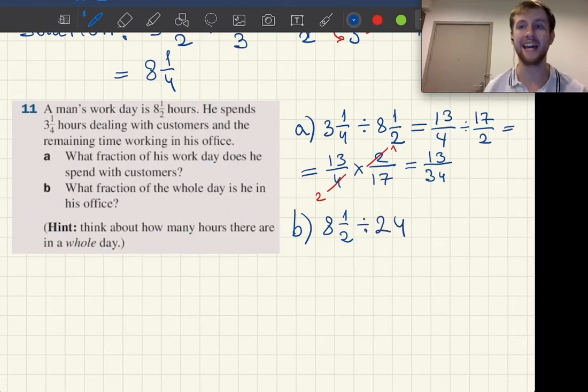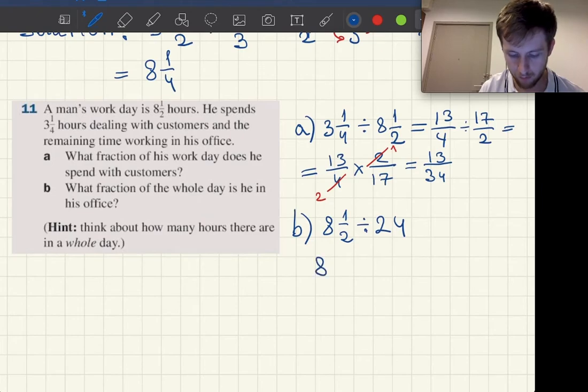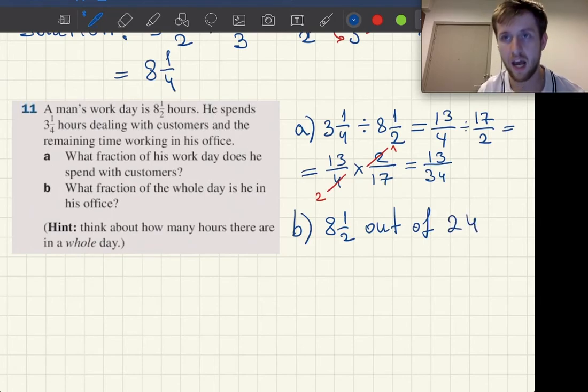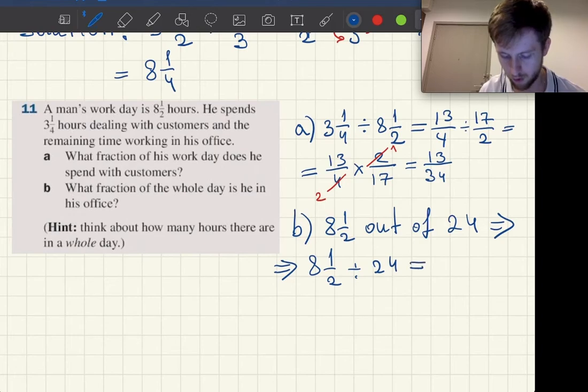Out of the whole day, out of 24 hours, he spends 8.5 hours in the office. Let's write it like this: 8.5 out of 24. And in terms of fractions, out of means division. So it's going to be 8.5 divided by 24, which is going to be